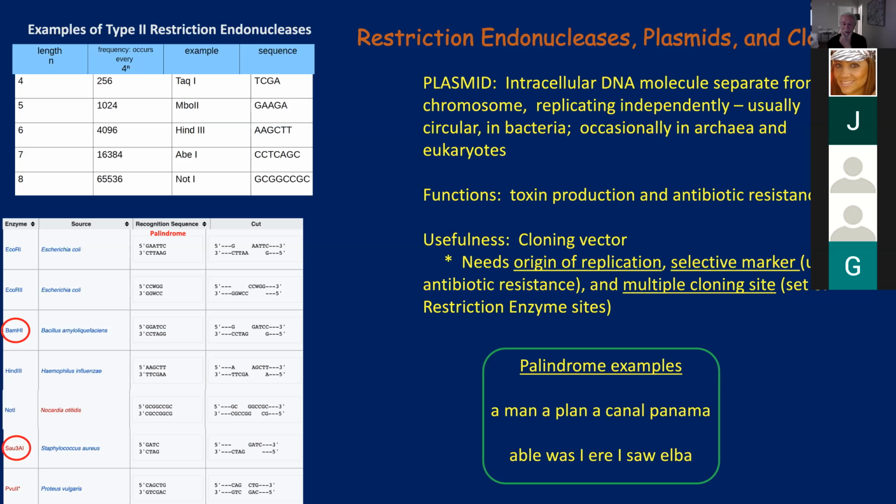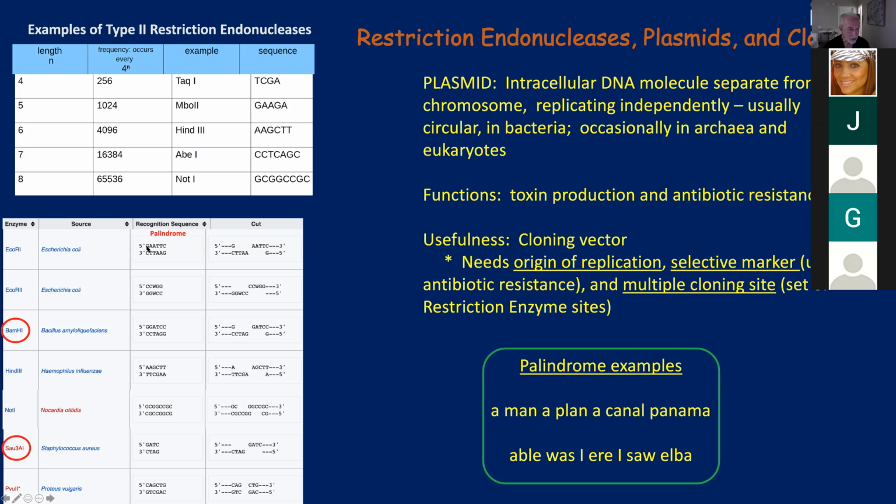Now, to make them useful in cloning, they need several things: an origin of replication, a selective marker, which is usually antibiotic resistance, and a multiple cloning site, which I'll show you an example of in a minute. I've talked about palindromes, how all of these recognition sites are palindromes. And if you go to the left, you can see in the middle here where I'm pointing, an example of